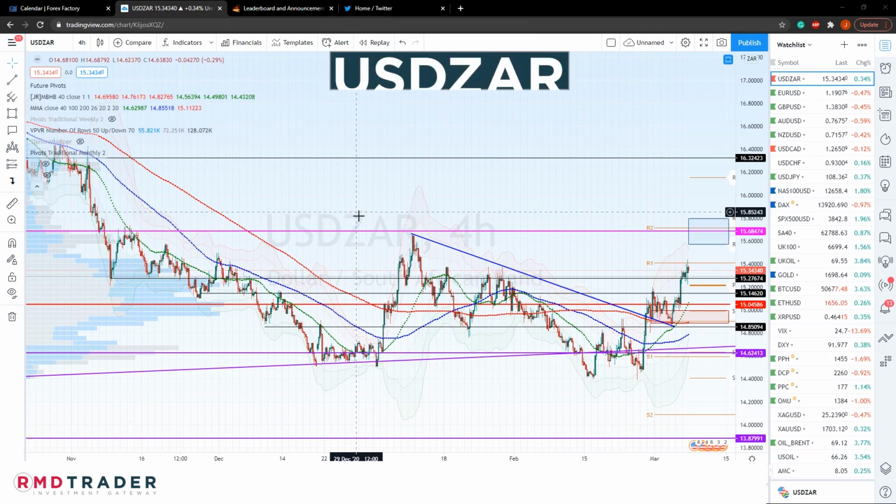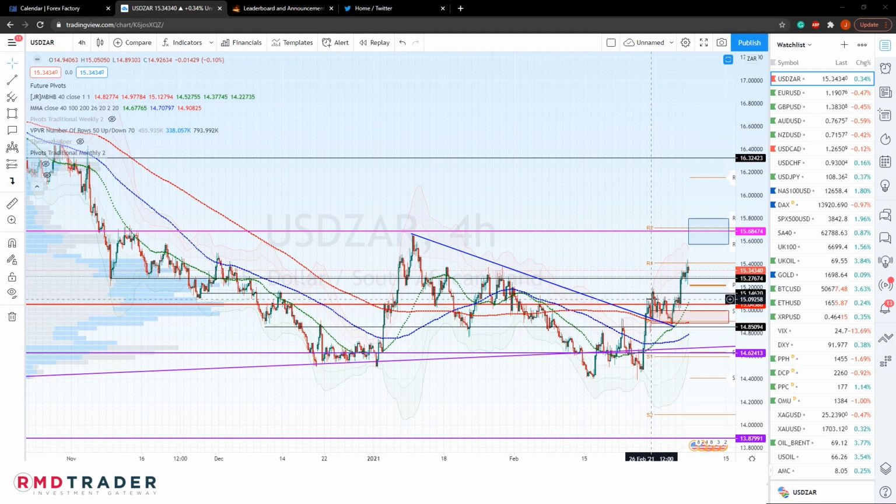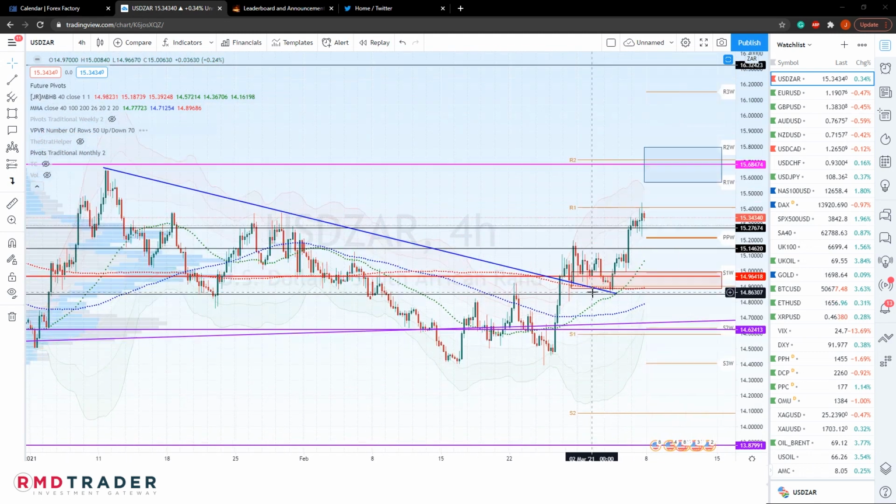Starting now by looking at the US dollar to South African rand. This double bottom scenario that I've been mentioning over the past 2 weeks has been playing out quite well, with our initial target at 15.40 being reached on Friday. The next target is sitting at the neckline, that would be at around 15.70, which is also where we find